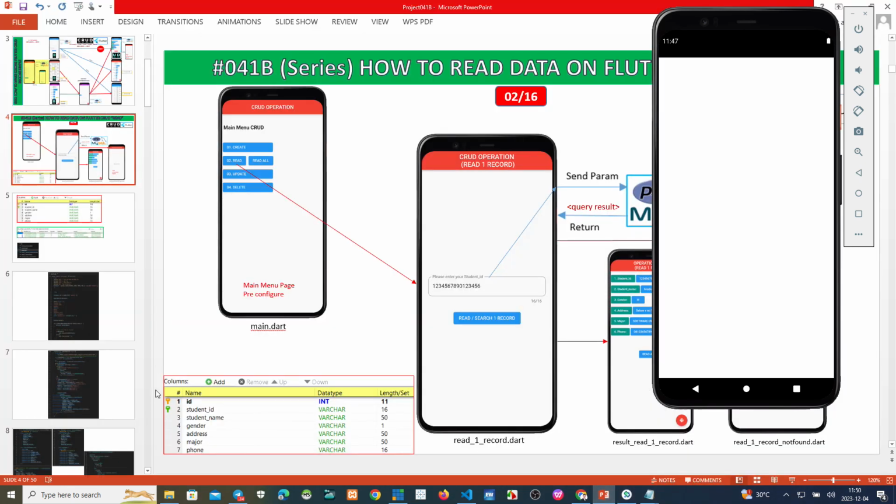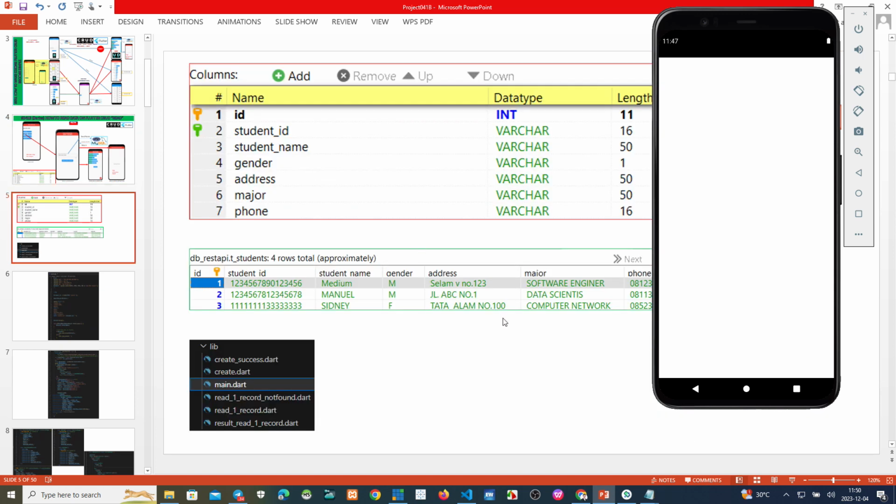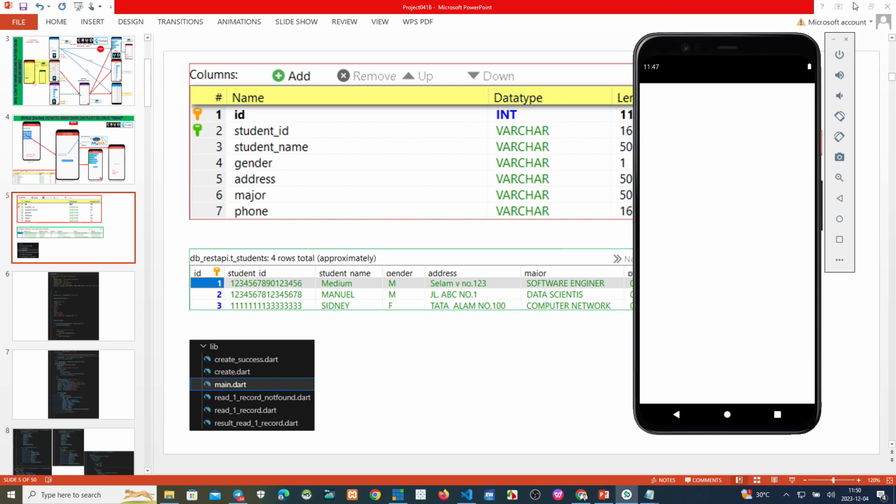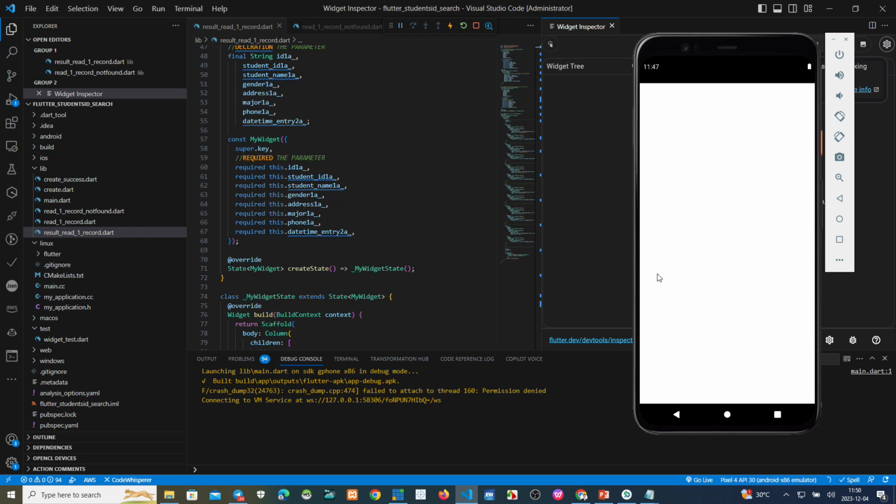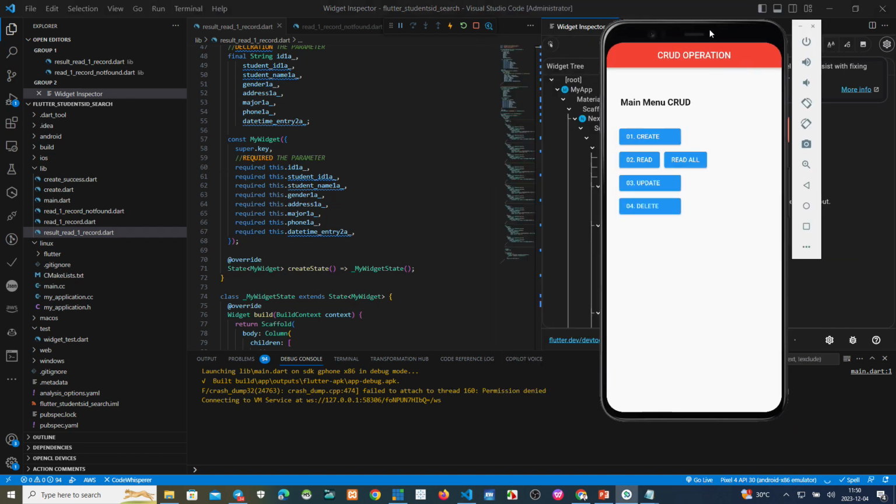Okay, now we try to send this student ID parameter, and then the return back we will show on the screen. Okay, moment please. Okay, now we read one.